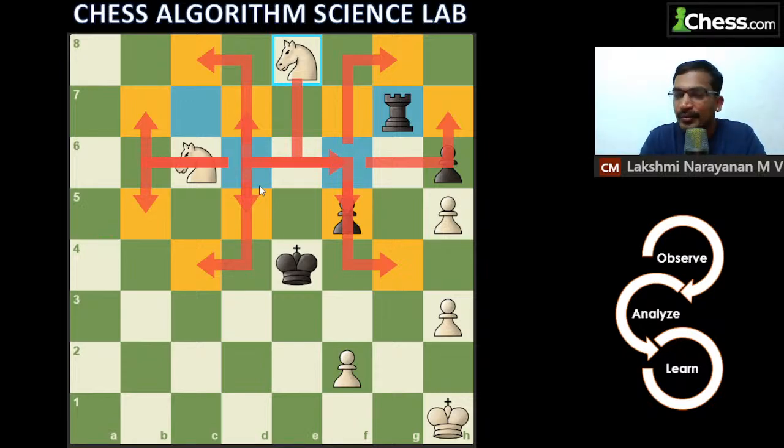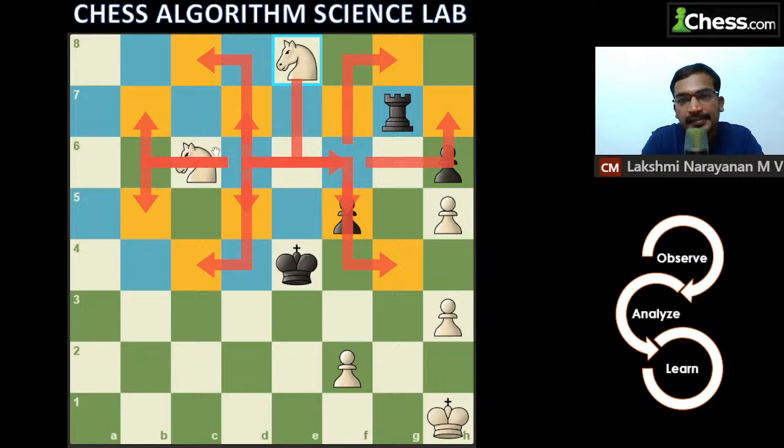Okay, let's think about the other knight. The other knight is okay. It's not able to connect to the king right now, but it is just giving the normal control, and that's fine. That knight can only perform that much. It's okay. Anyway, its contribution is there. So you see, now if you observe, you can see a lot of squares in the board is already in